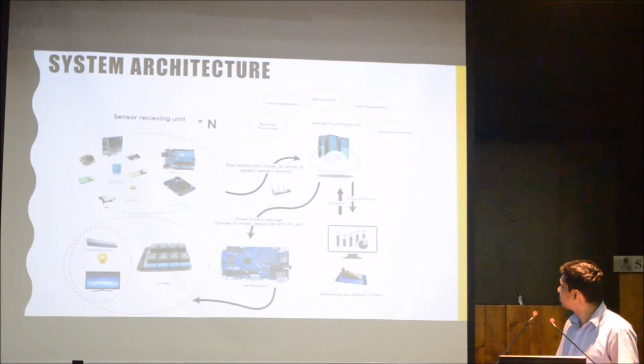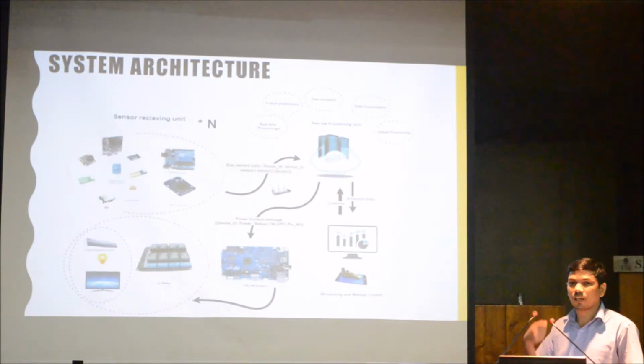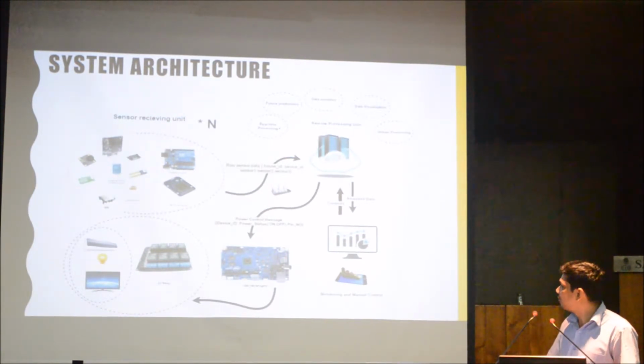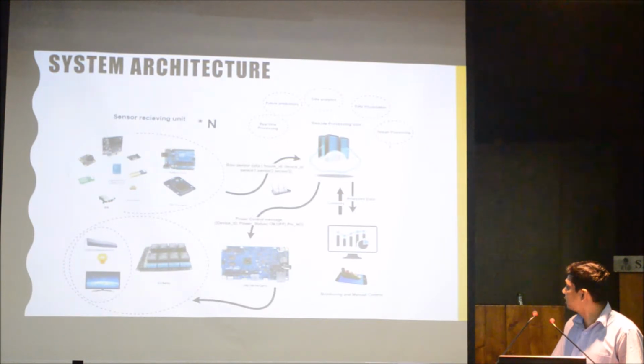So here we have a real-time processing unit. In the real-time processing unit, we can handle a very large amount of data, and if there are any changes or any controls, we can make them immediately. For example, if a fire happens at the house, sensor details will come with high temperature, then we can act immediately according to the sensor details. That's why we are using real-time processing and future predictions, data analytics, data visualization and stream processing.